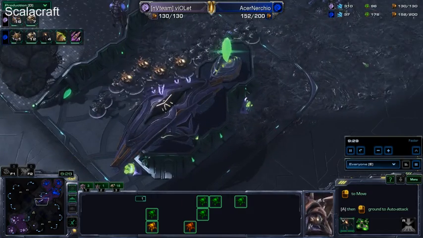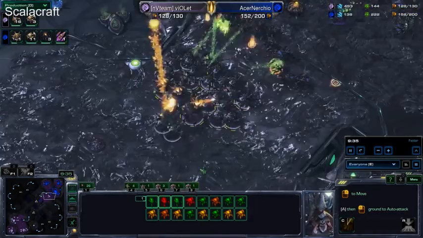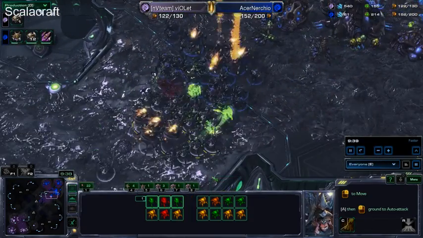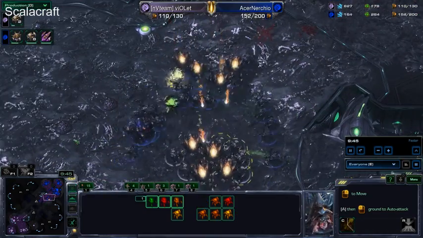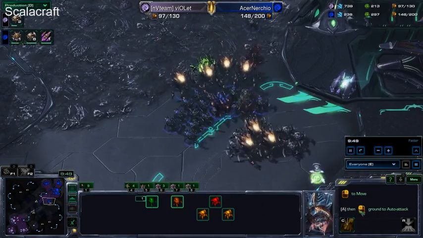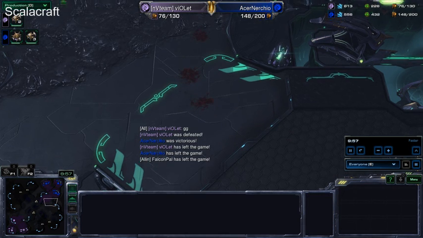Bad positioning of the Ravagers, they weren't really used properly, didn't do as much damage as they should. I know, not a big projectile. So Nerchio avoids, really good. Actually, it's a really good play by Nerchio lately. He's definitely doing a really good job. It shows he's a really powerful player at the moment in all the tournaments. And oh, GG by viOLet. Nerchio wins this little game,